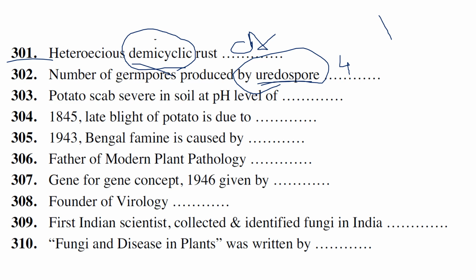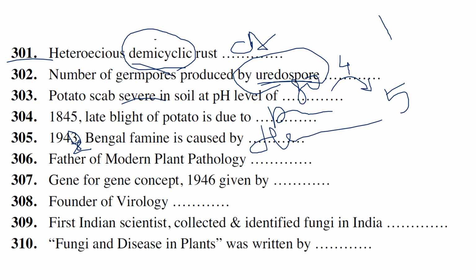The next one is potato scab. Potato scab is severe in soil at what pH? At pH 8.0, the potato scab is very severe. When we drop the pH to around 5.5, we can reduce the disease. And in 1845, late blight of potato was due to a fungal pathogen called Phytophthora infestans. In 1943, it's not 43, it's 42. In 1942, the Bengal famine, 42-43 actually, generally